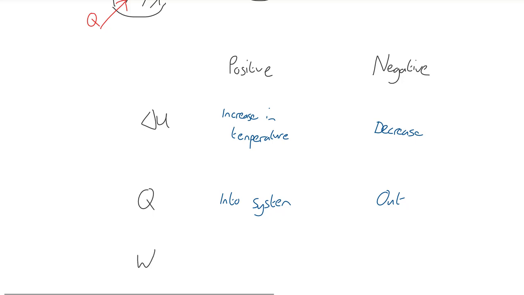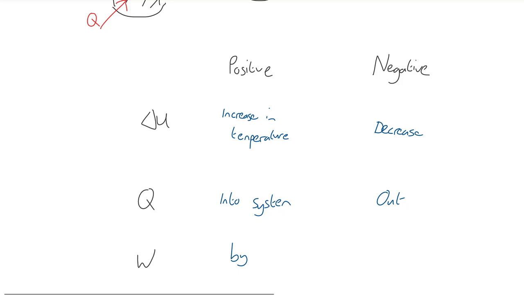Finally, let's be careful about this minus W. Because by convention we have a minus here, we have to be careful. If work is done by a system, we would expect that system to lose energy. If the system is doing something, there must be an energy transfer from the system to the surroundings. Therefore, we would expect the internal energy of the system to decrease. Because there is already a minus in the equation, we therefore take W as positive. Taking W as positive in this case results in a minus, a positive number, and therefore a decrease in the